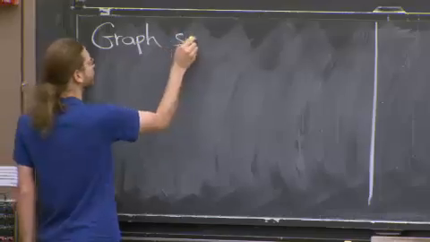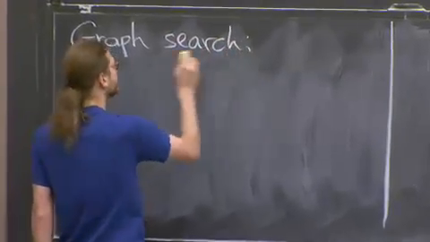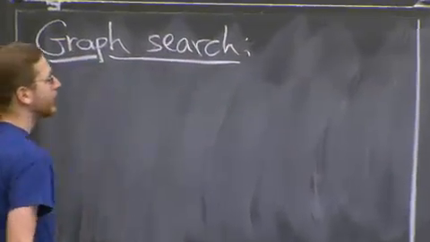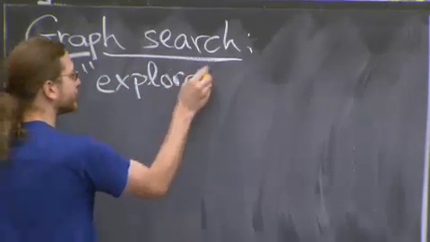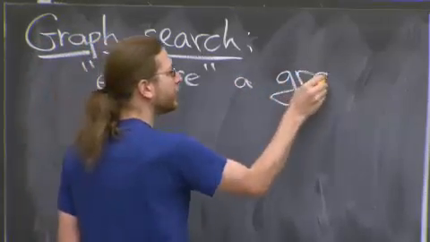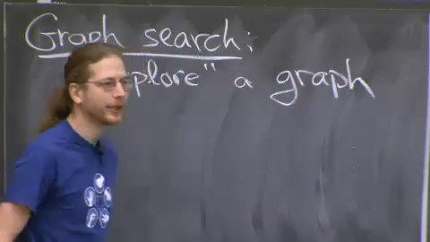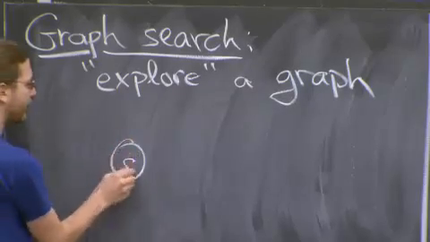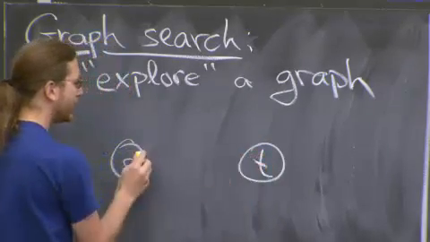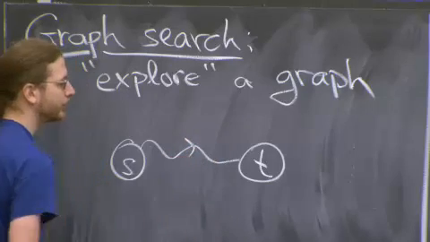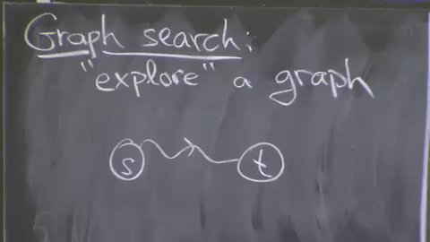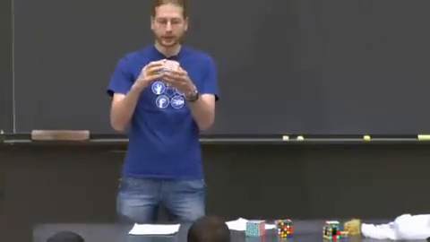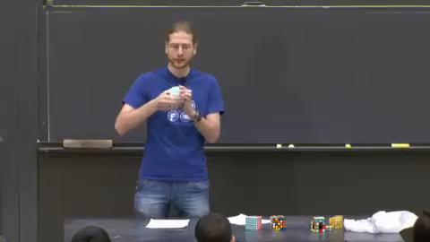Or I can tell you, to start out with, graph search is about exploring a graph. And there's many different notions of exploring a graph. Maybe I give you some node in a graph S and some other node in a graph T, and I'd like to find a path. That's going to represent a problem like I give you a particular state of a Rubik's Cube, and I want to know, is there some path that gets me into a solved state?